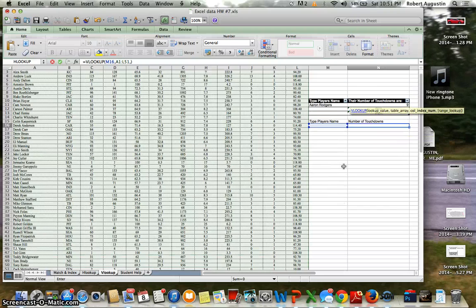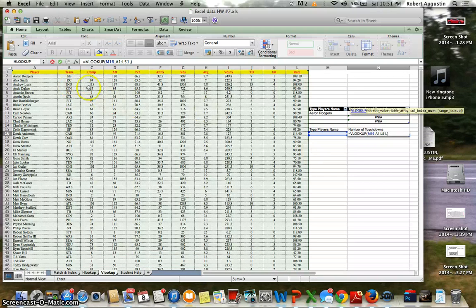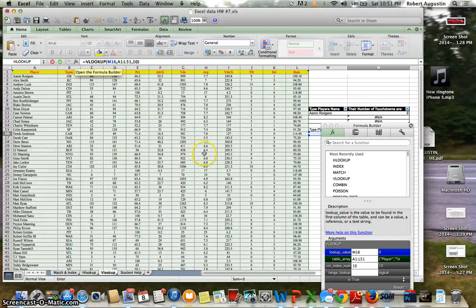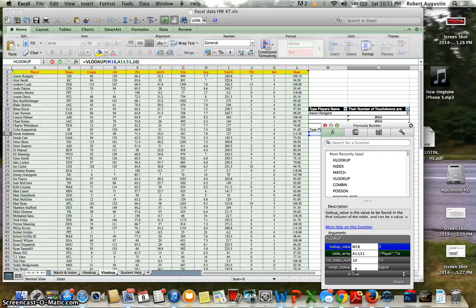the column index number, and this is the column for whichever criteria you're looking for. In this case, we're looking for touchdowns, so we would go 1, 2, 3, 4, 5, 6, would be 10, so 10 columns, the 10th column. And the range for lookup would actually use this. We would type in false because we want an exact match. We would hit enter,